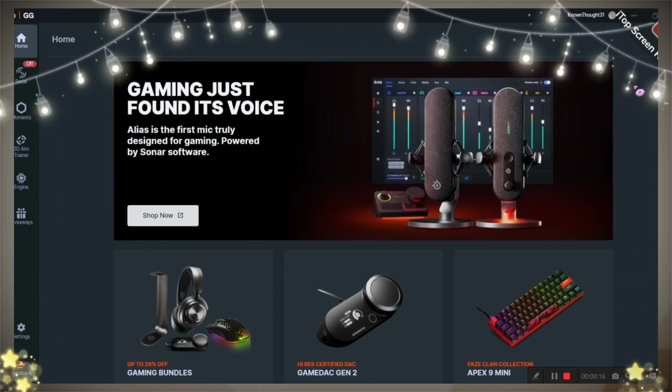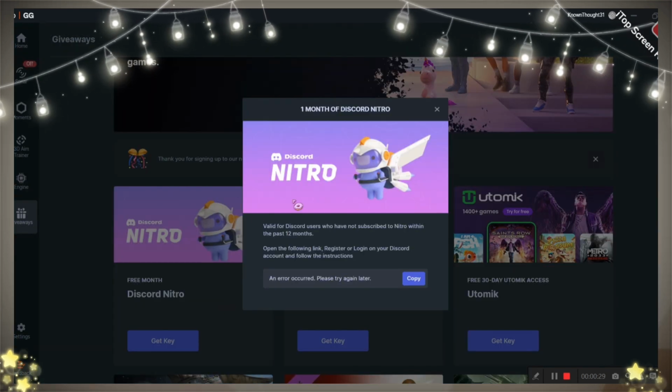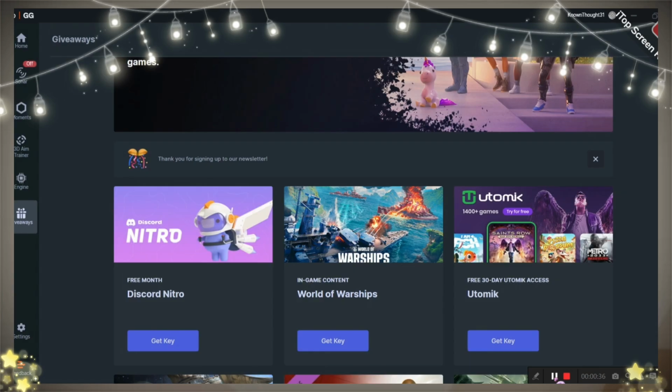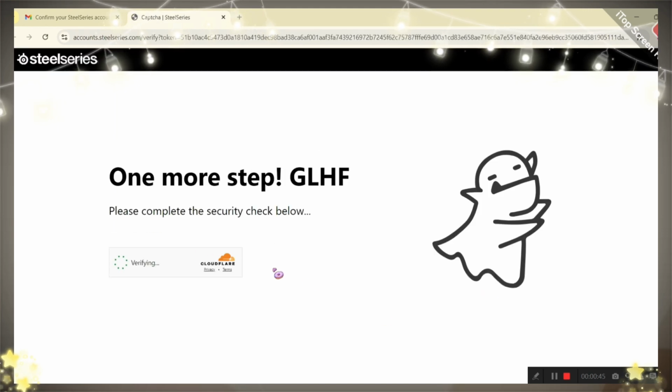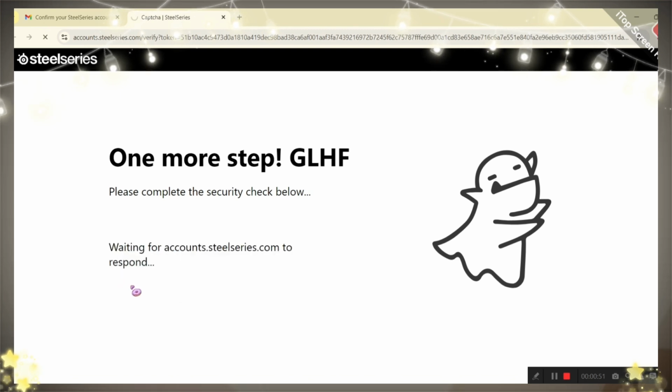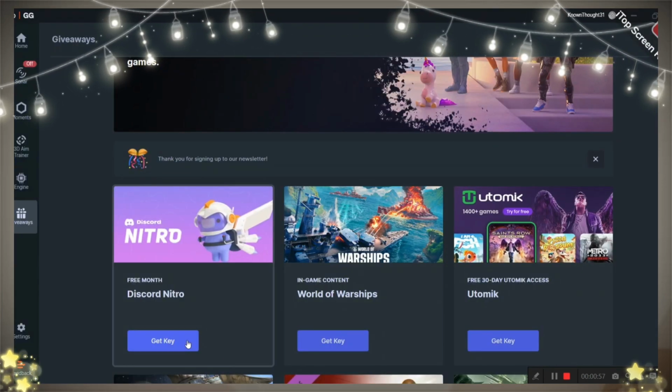You need to do one more thing before claiming your free Discord Nitro, because if you didn't, you won't be able to claim the key for this. After creating your account on SteelSeries, go to the mail of the same email address because you will receive this confirmation mail from them. Once you're verified, feel free to claim your free 1-month Discord Nitro. Since I won't be claiming mine, I will post the free Nitro